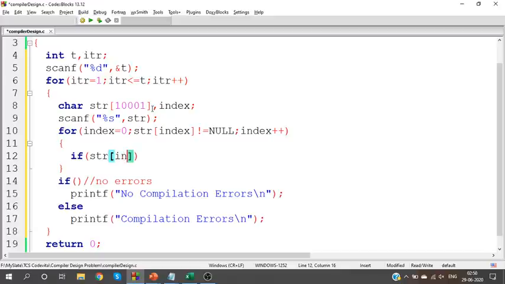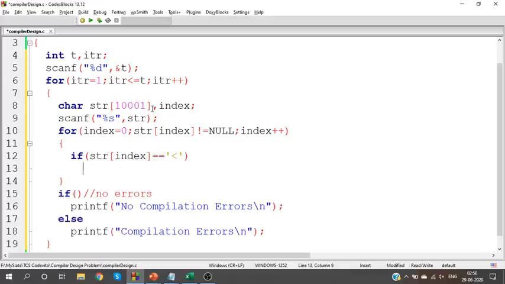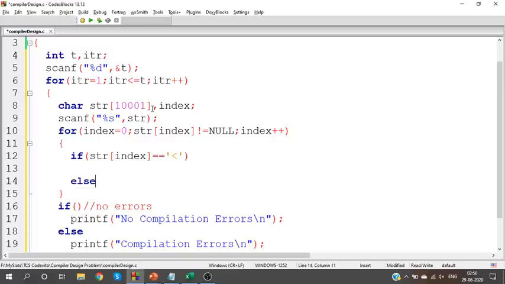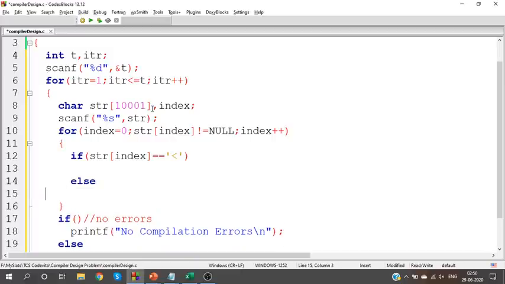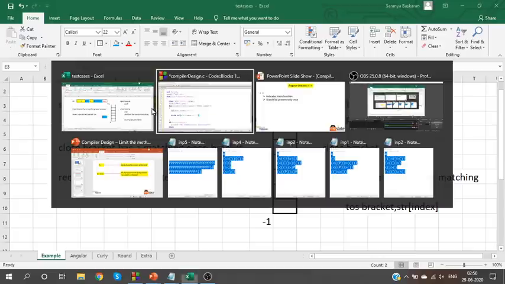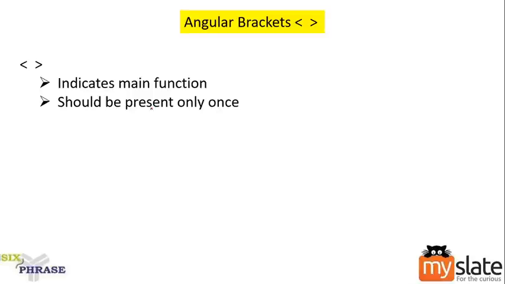First I'm going to work with angular bracket. So it could be an open angular bracket or it could be a close angular bracket. Okay, so when we see an open bracket, what did we do? We were supposed to push it inside a stack.